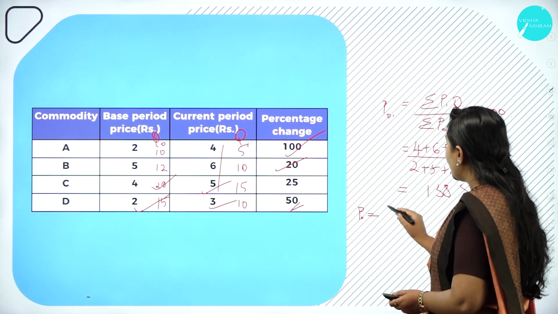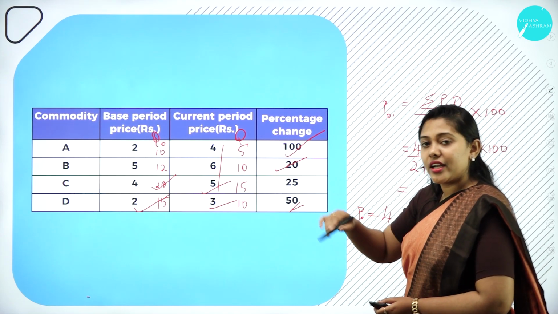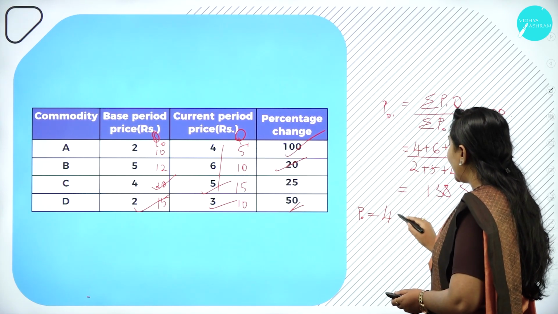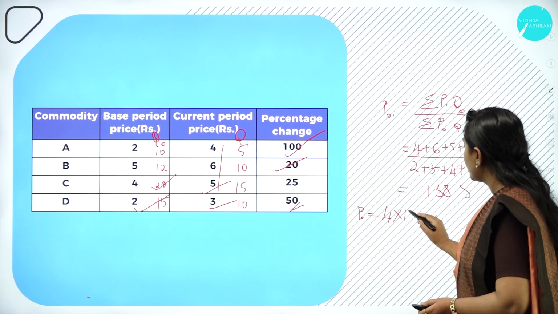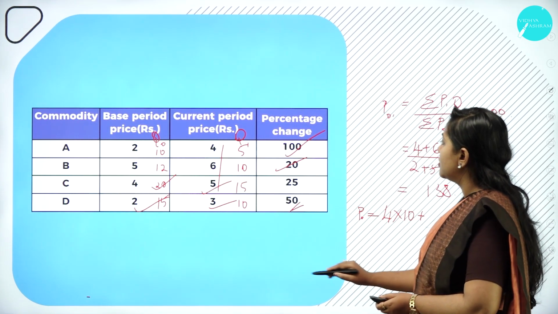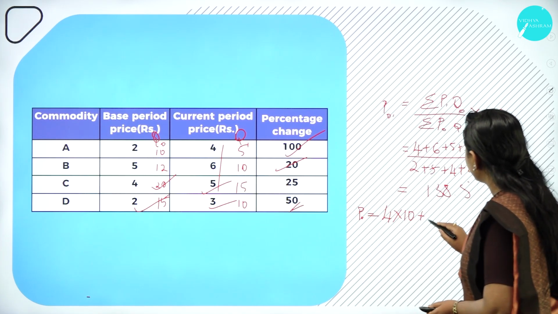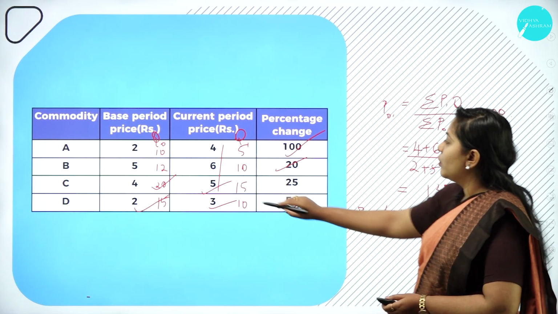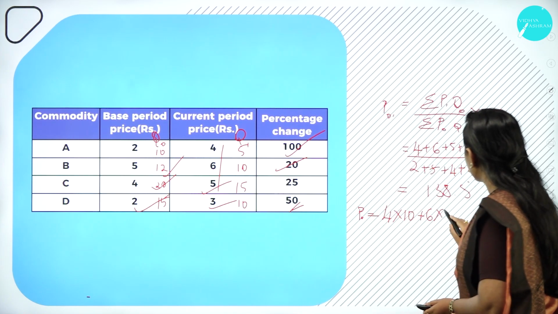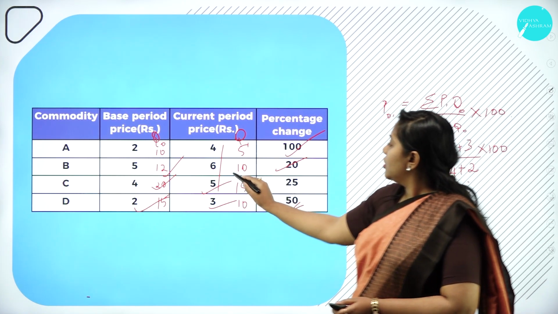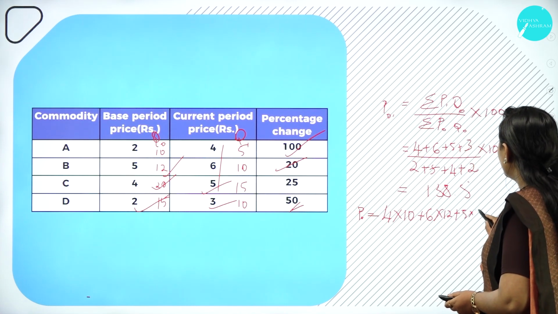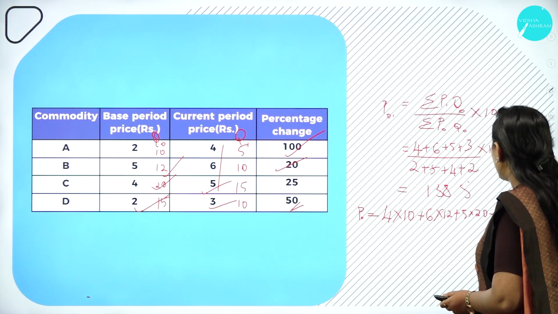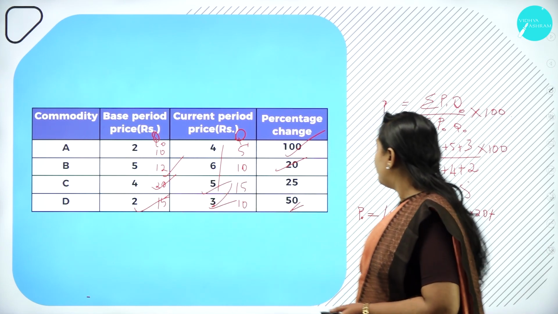What is the current period price? 4 rupees in the current period, into 10, plus 6 into 12, plus 5 into 20, plus 3 into 15,